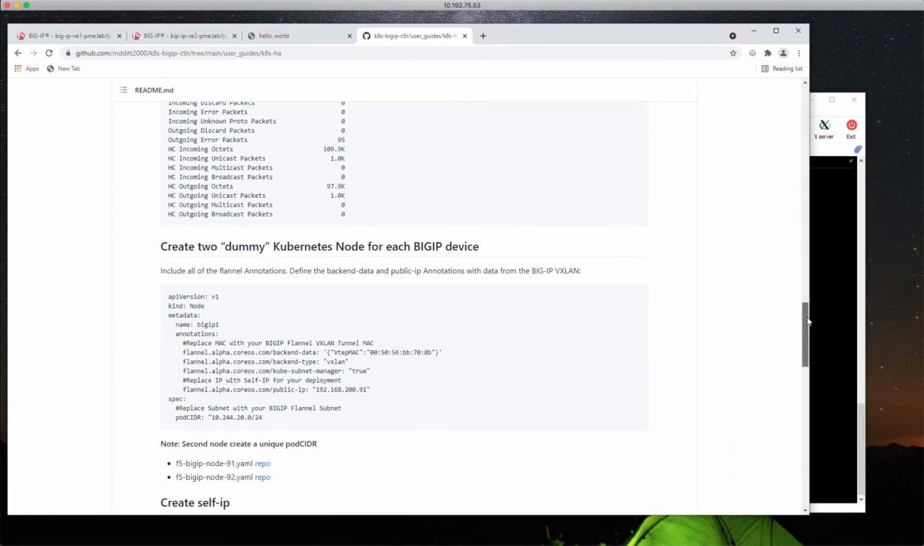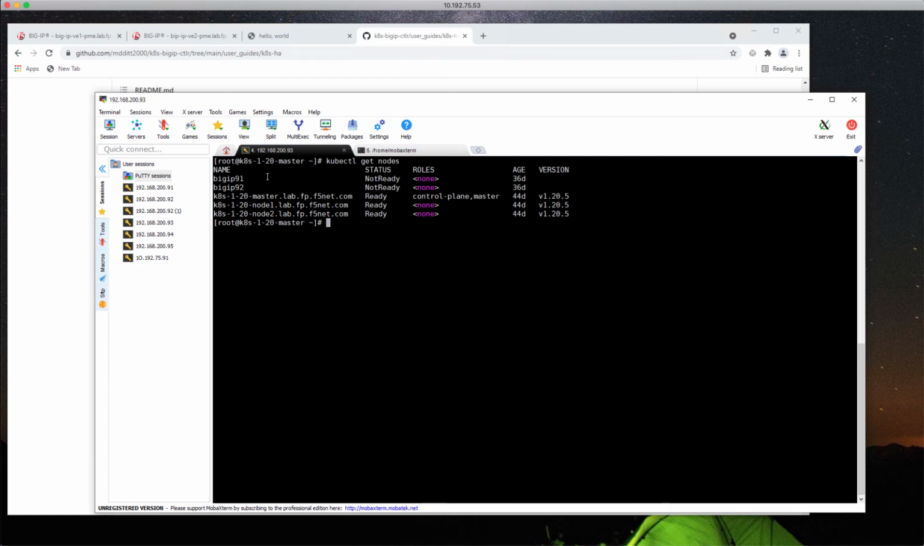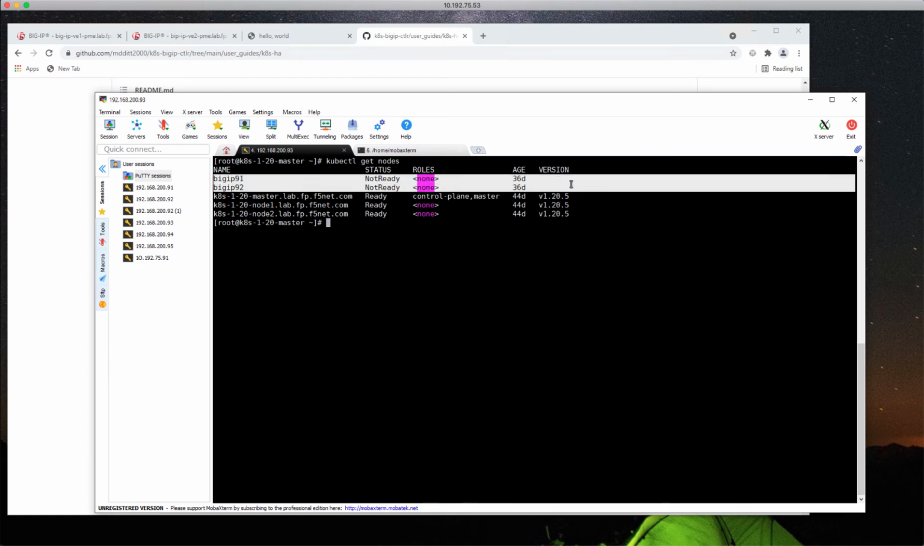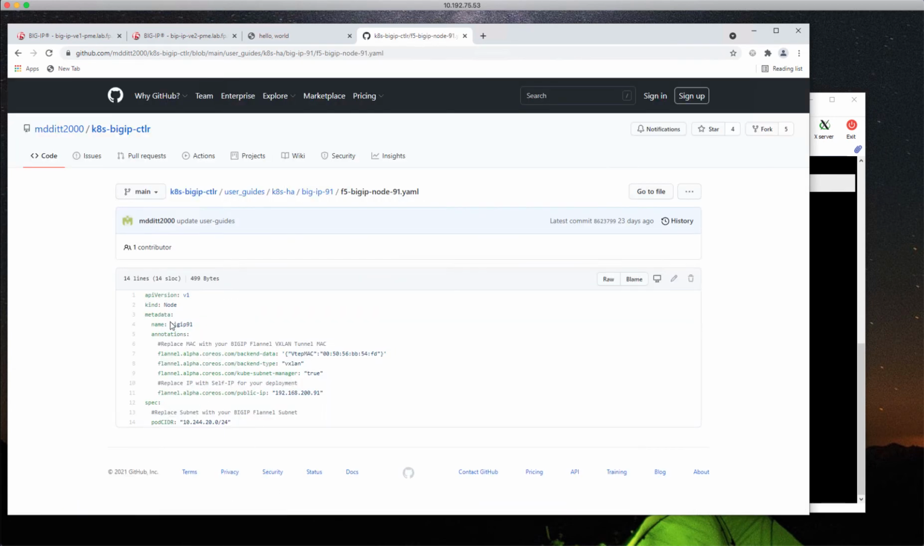You can actually see, if you go into Kubernetes itself and do a kubectl get nodes, you'll be able to see it. So kubectl get nodes, you can see there are my 2 dummy nodes that I've created in my Kubernetes cluster. And so you can take a look at those 2 files, and I've created those files here for you. You can see there is the first one,